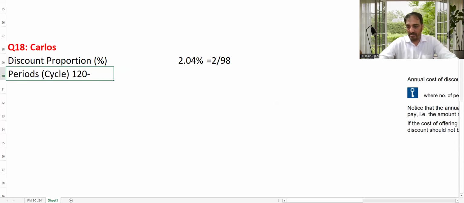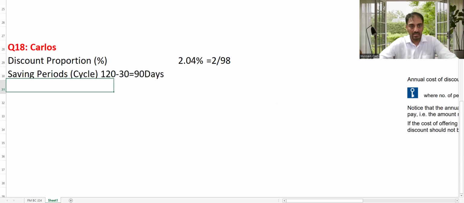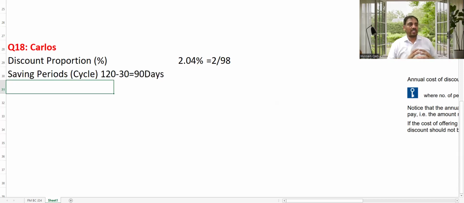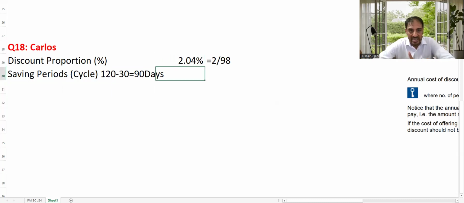120 normal offer minus 30 is equal to 90 days. That means you are offering your customer to pay the amount, or you are expecting to collect the amount, 90 days earlier. So the cycle you want to incorporate here is 90 days. For that 90 days, you need to calculate